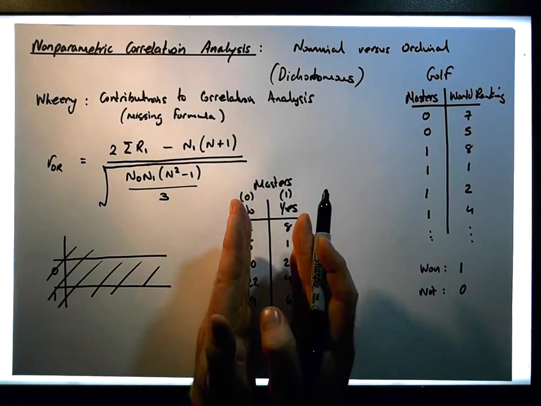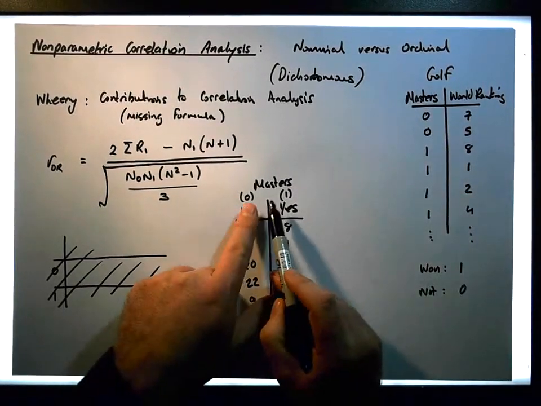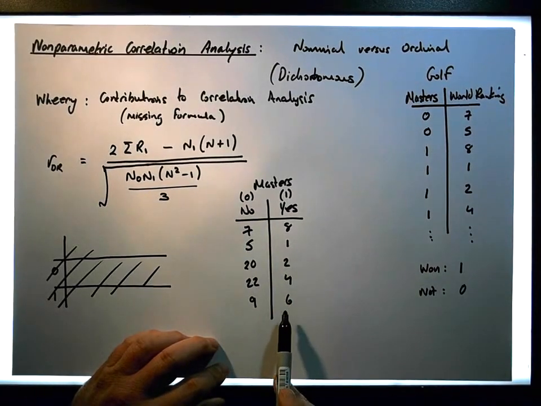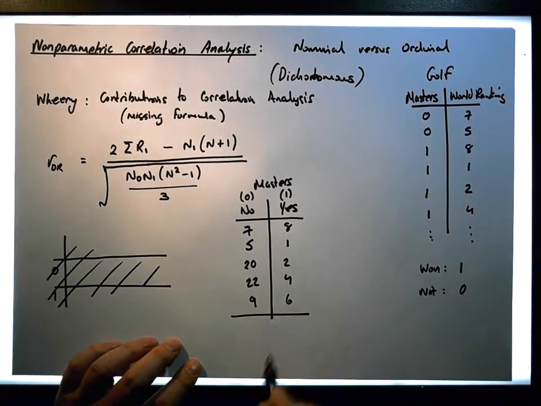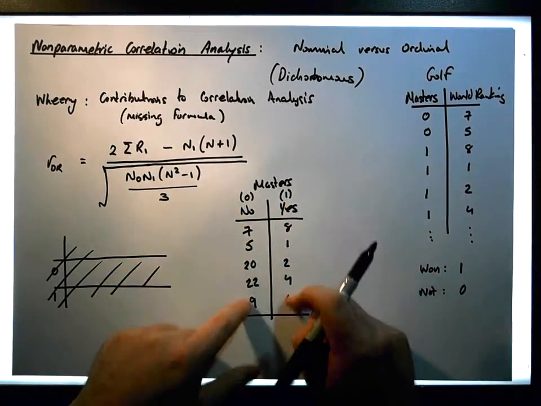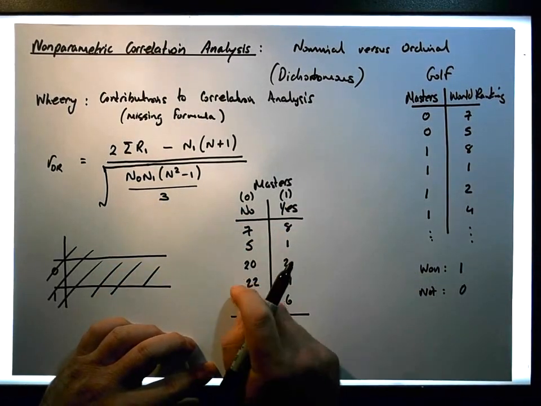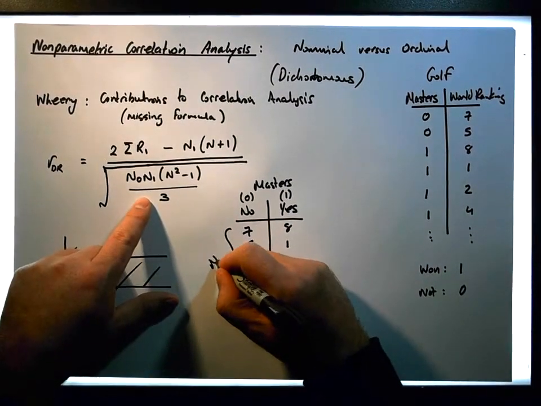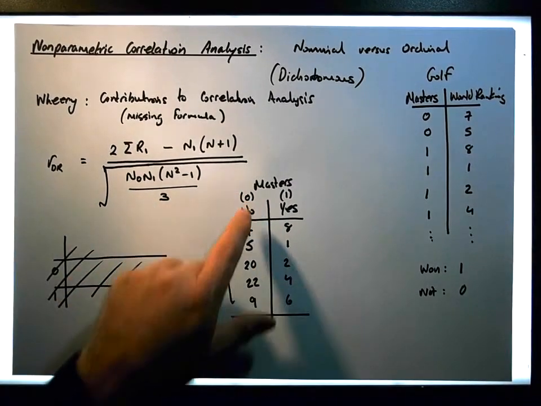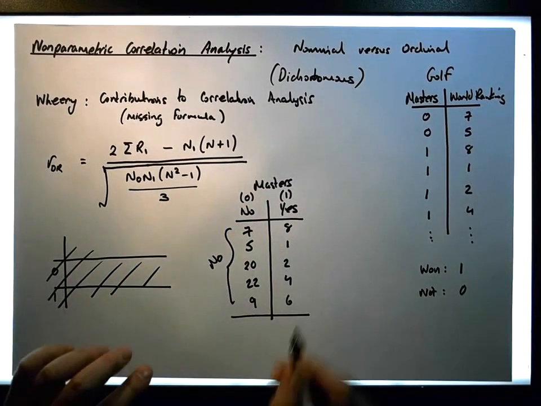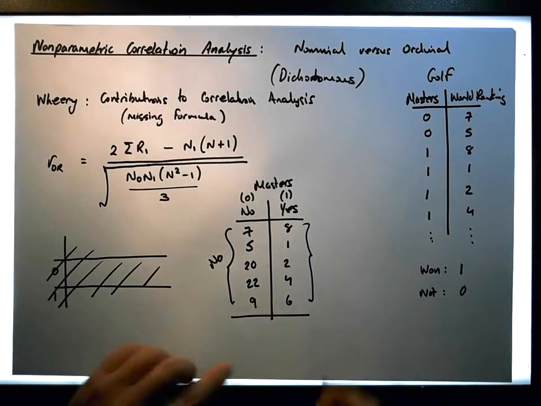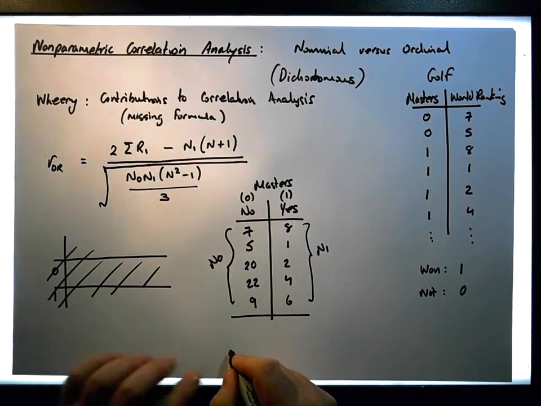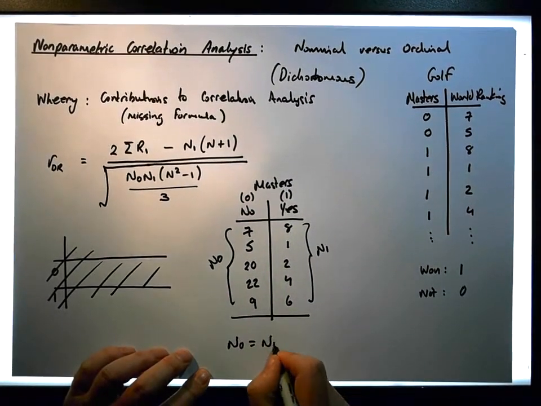So what we've now got is we've taken the dichotomy and associated with it all of the world rankings. In this situation, we don't have to have the same sample size. Over here, the number of observations listed is known as N0, the number of zeros, the number of observations in the first dichotomy, and over here the number of observations is known as N1. In this case, N0 is equal to N1, which is equal to